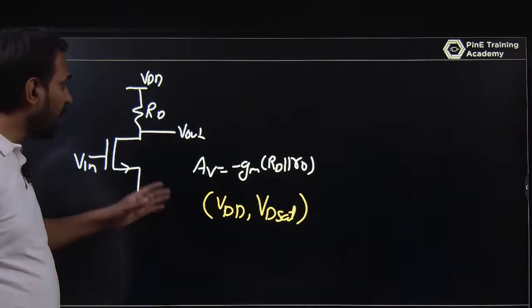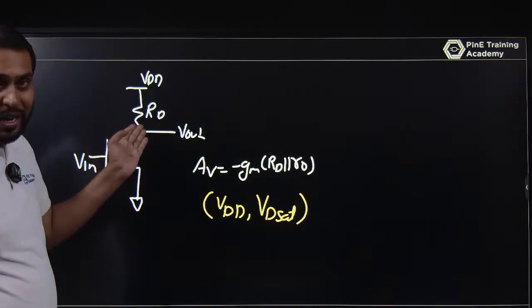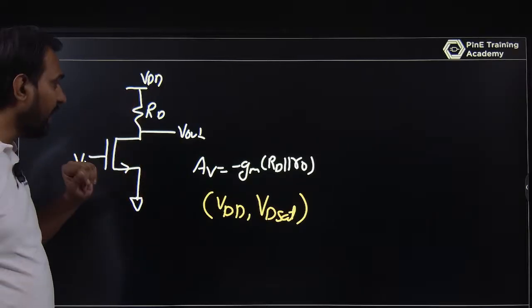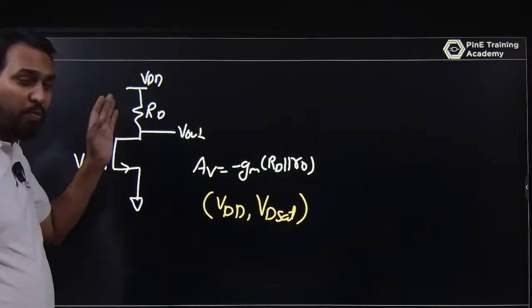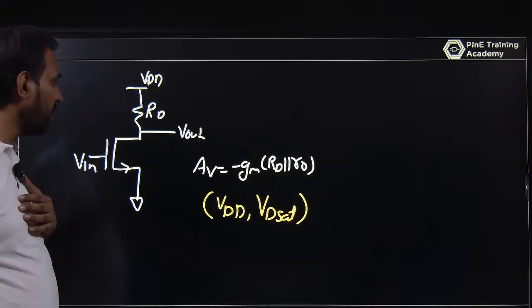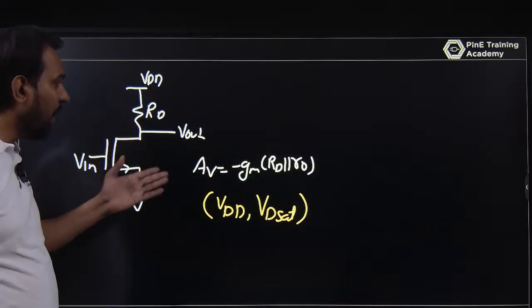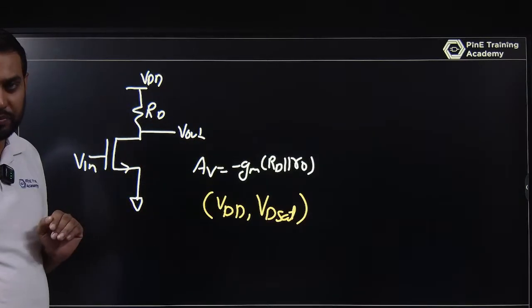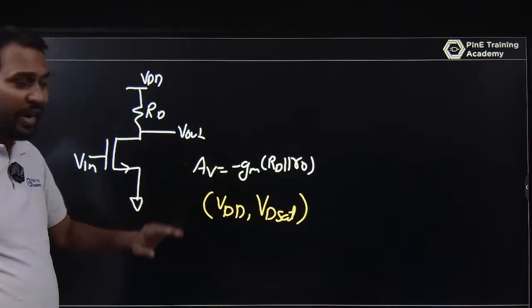But the bad part is that the first one is RD fabrication. Resistance fabrication will be tough in VLSI, because a polysilicon resistance will be required. Okay, you are using polysilicon poly resistors. And similarly, if you are using this with that resistive load, you will find that the GM factor and GM